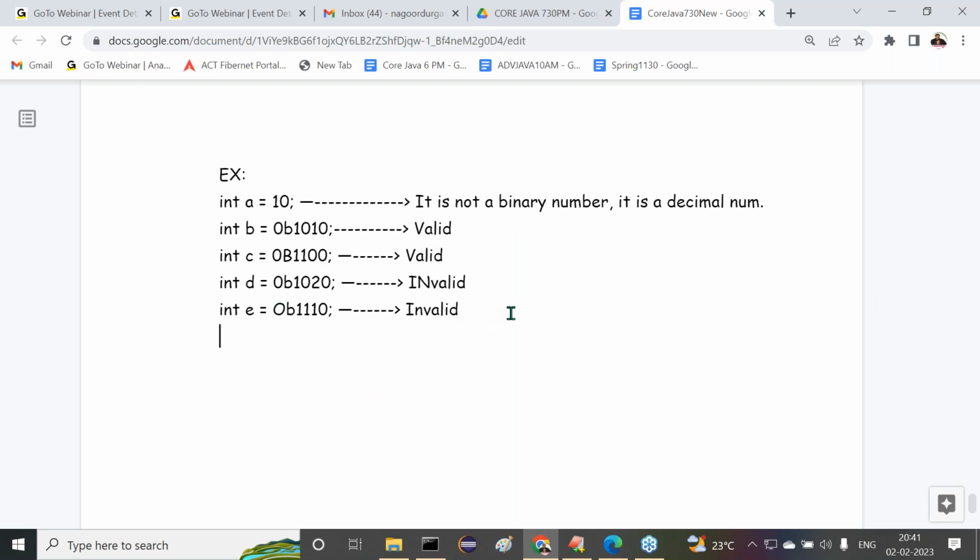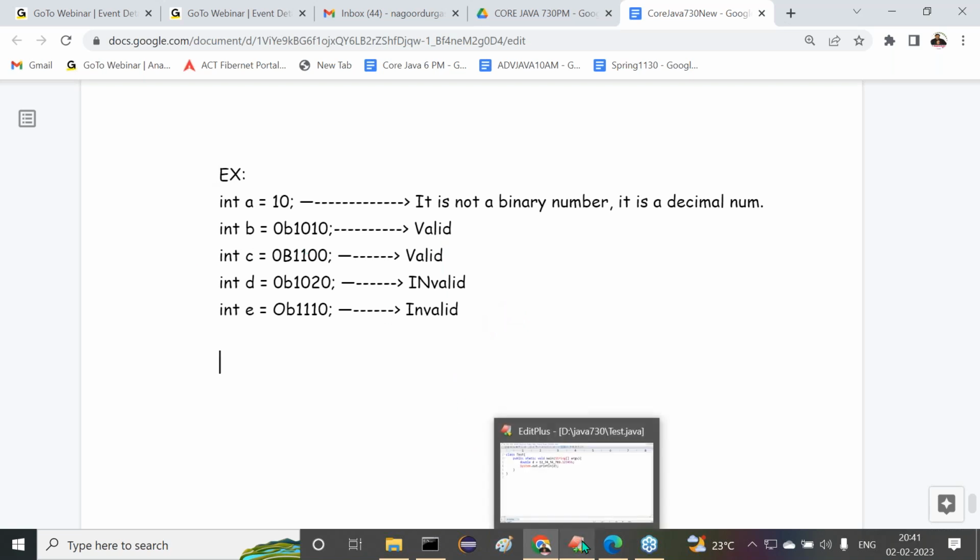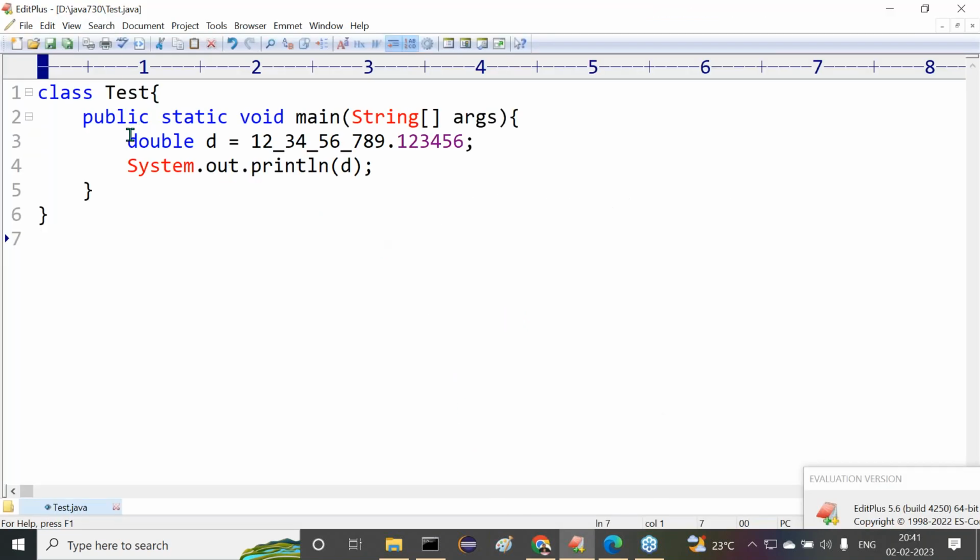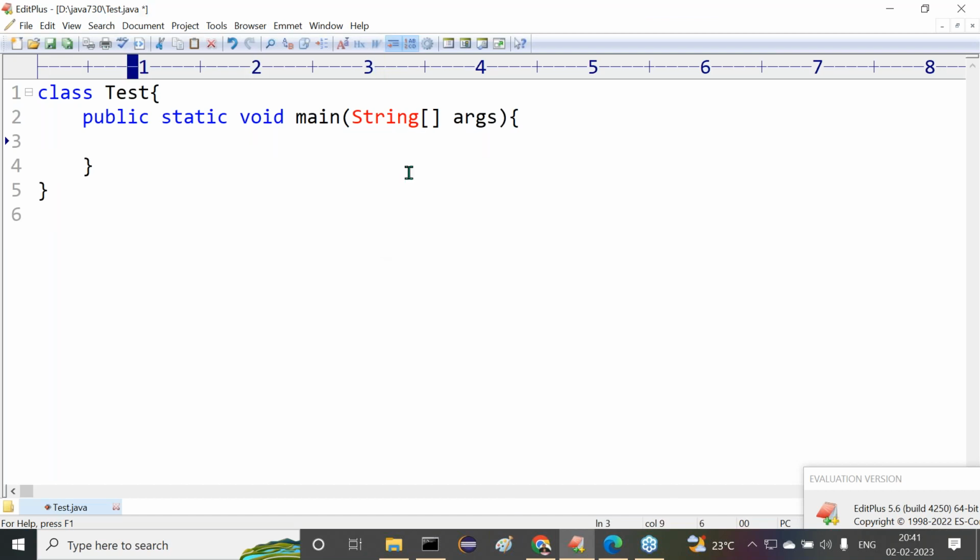All right, so observe carefully. Binary number system, here we provided. I want to show one point here. Now try to understand this with a simple example. int a is equal to 0b1010. Output value will be provided in decimal form only. Please remember this.